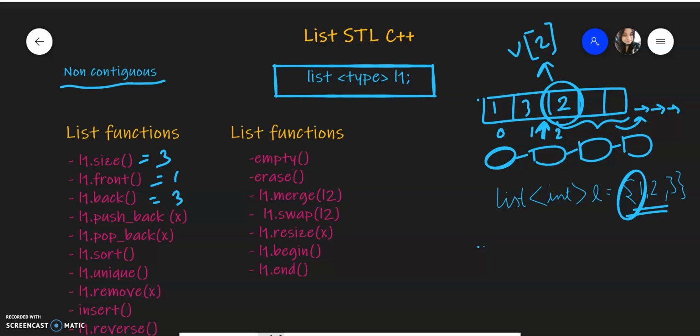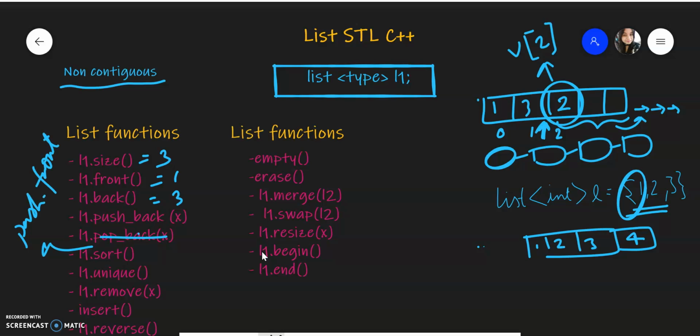Now push back, this function we also saw in the case of vectors. If you already have a list of 1 2 3 and you do push back, it will add at the end. You need to give the element you want to add; this x is nothing but the element that you want to add. Similarly, this actually has to be push front.